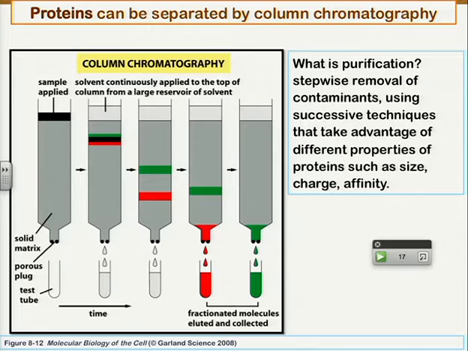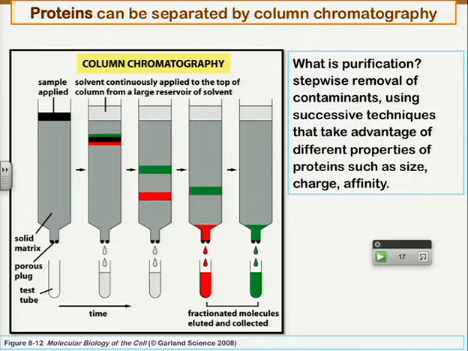So proteins can be separated from other proteins inside cells by various properties that all proteins have, such as their size or their charge, or their affinity or specific interaction with other molecules inside cells. And the most common mechanism of separation is something that's known as chromatography or simply columns. This is a vertical tube. It can be actually a standard plastic pipette, a Pasteur pipette, or just a long cylinder that you can buy, and it comes usually with a stopcock on the bottom so that you can open or close it, and some sort of plug on the bottom, and then you generate a column from some resin beads,